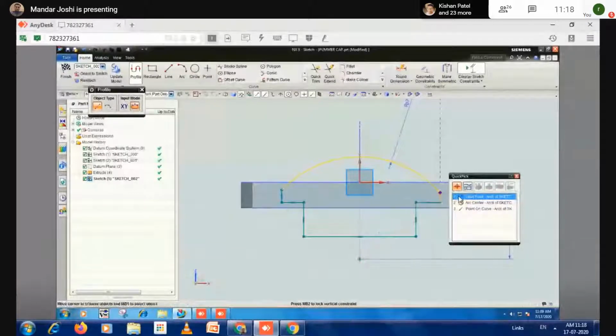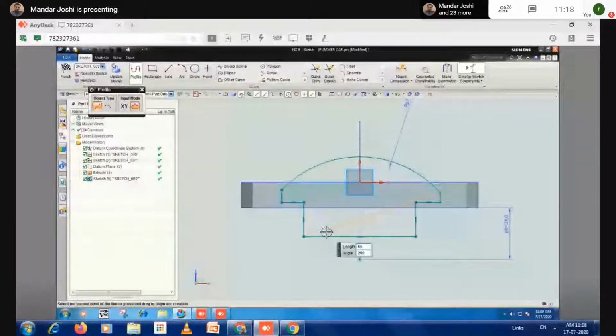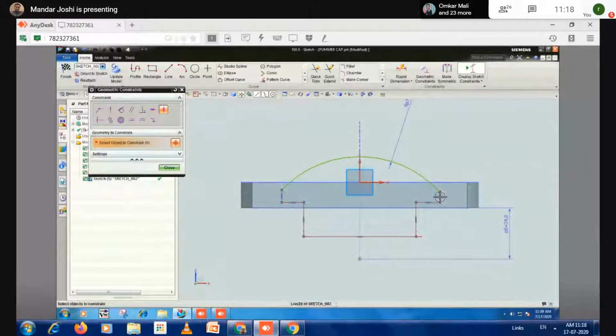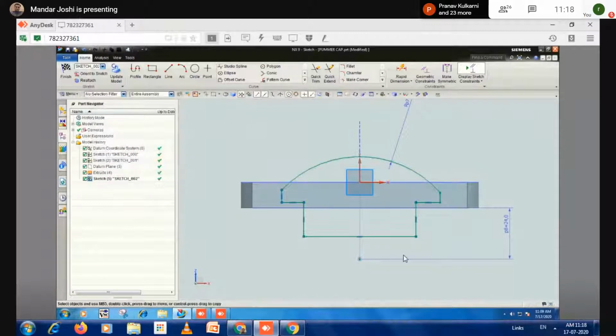Close. Middle click. Now apply a relation here. I need a vertical relation here. Already I think this exists. Okay. After that, give the sizes.